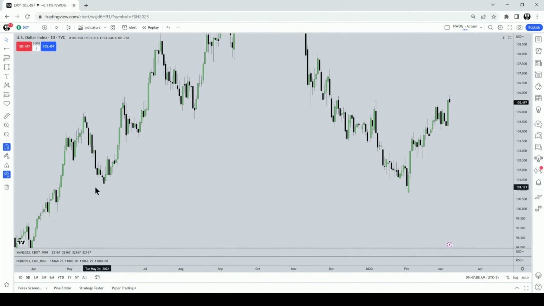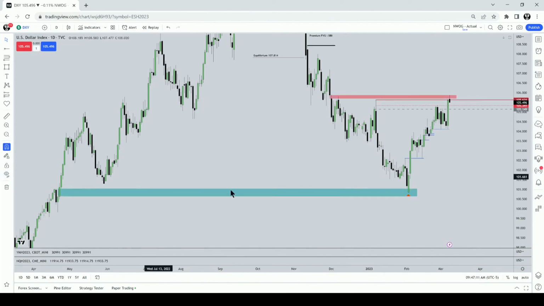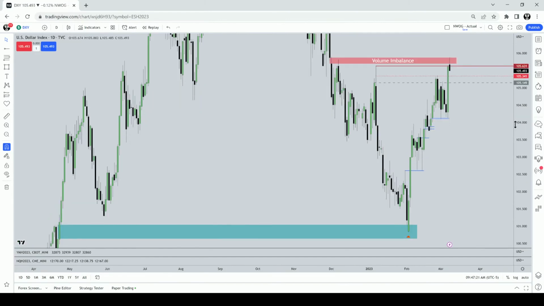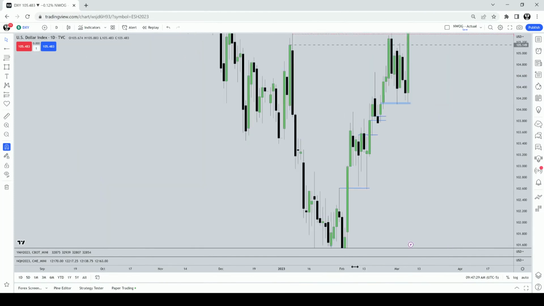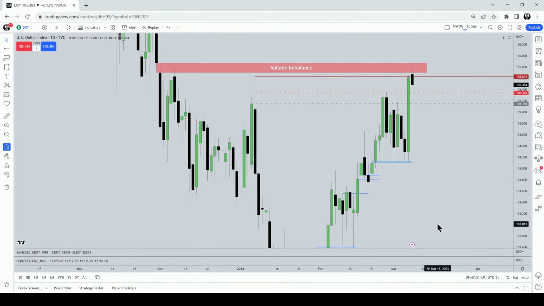Okay, so I'm going to add the lipstick here so that way you can see. We looked for this down here, then from here, we waited for the shift in market structure here. We're bullish all through here. Volume imbalance here. Rallies up, another smaller little volume imbalance in here, which we traded back down into yesterday before they rocket up